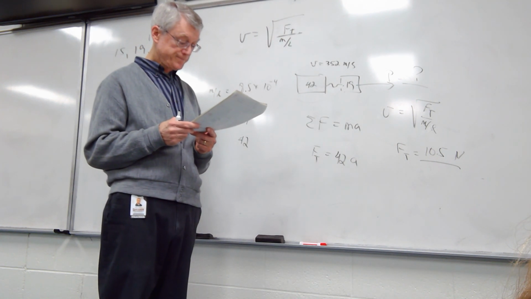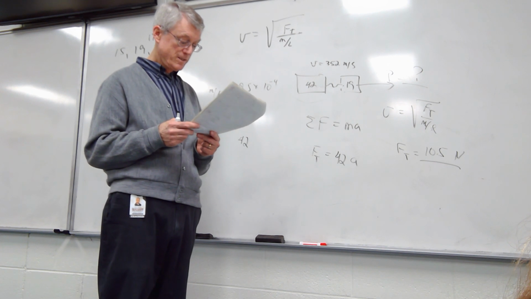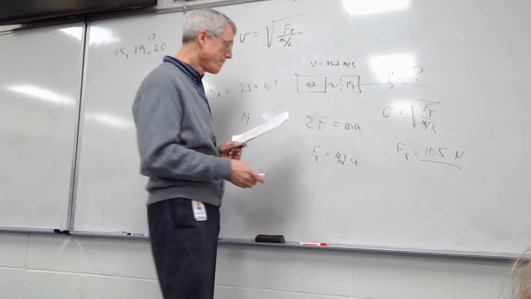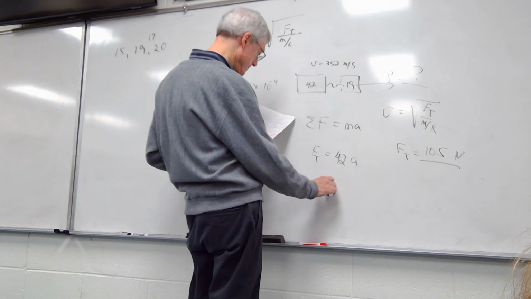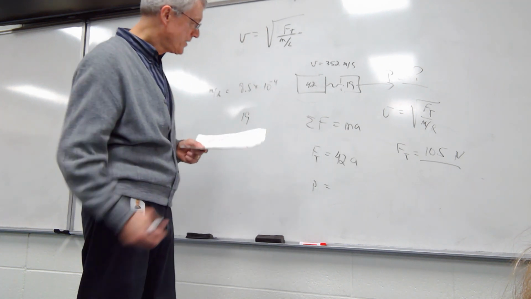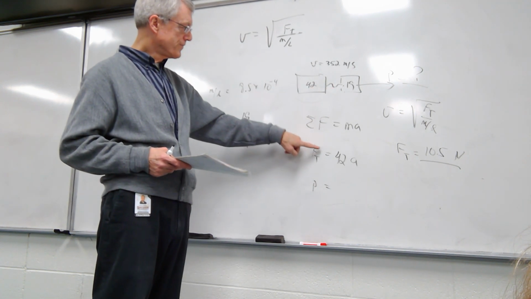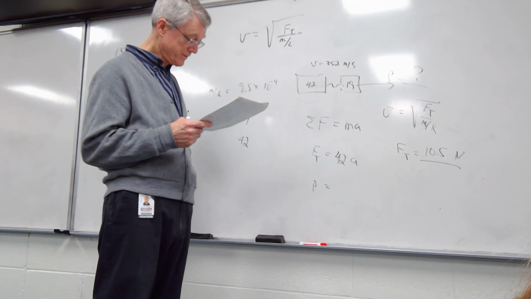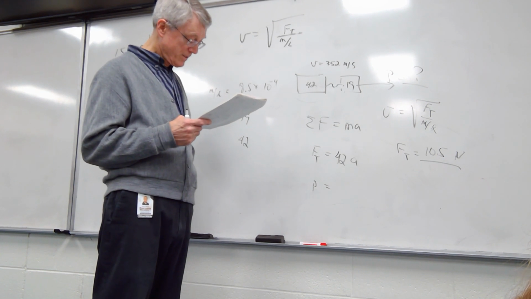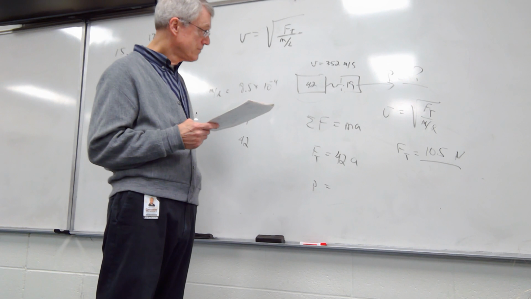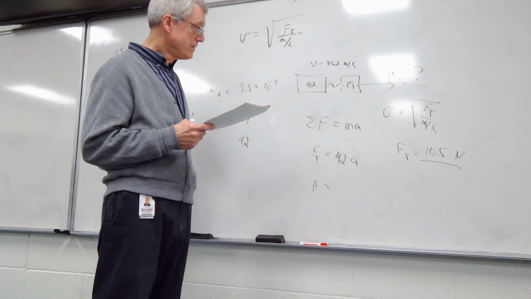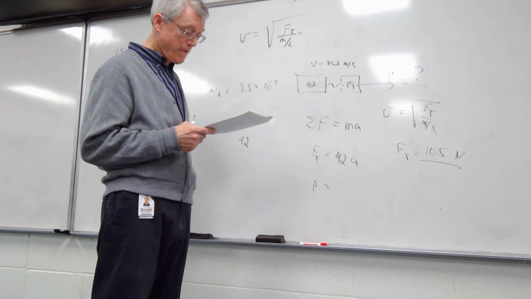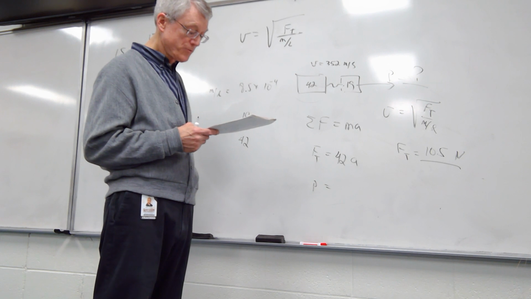Now, they're both accelerating at the same rate. So one of them has the tension equal to 42A. I don't guess I ever did that. What am I doing? Now find A and then add the masses together to get the total force. I can find A. P minus 105 is equal to